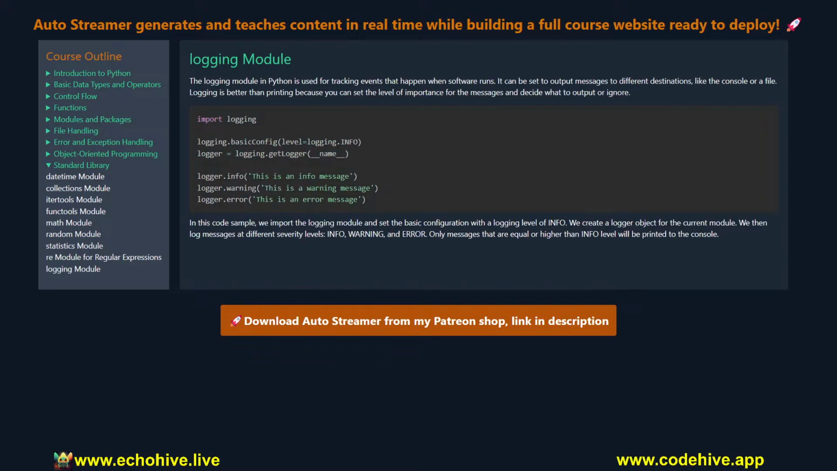Logging module. The logging module in Python is used for tracking events that happen when software runs. It can be set to output messages to different destinations, like the console or a file. Logging is better than printing because you can set the level of importance for the messages and decide what to output or ignore. In this code sample, we import the logging module and set the basic configuration with a logging